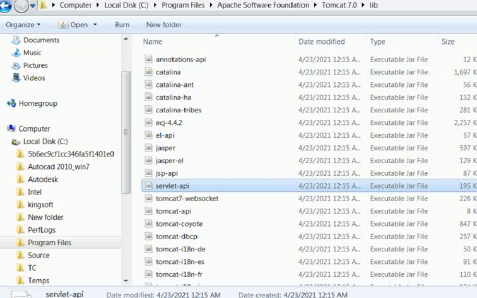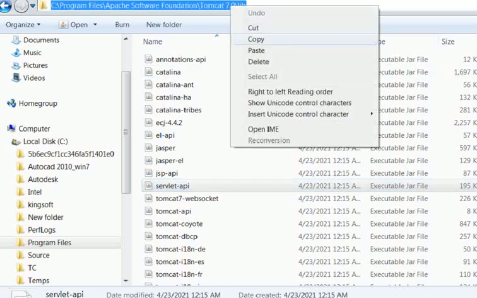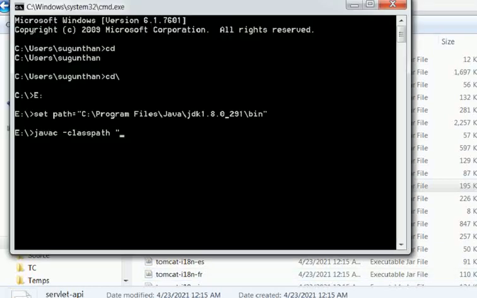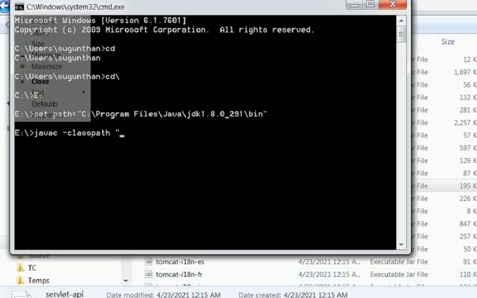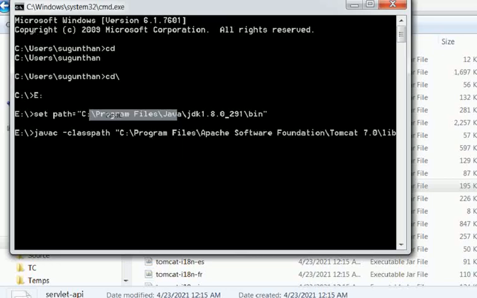Then copy this path, open the command prompt, paste it, then slash servlet-api.jar, then close the double quotes.